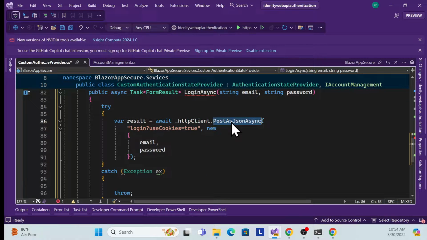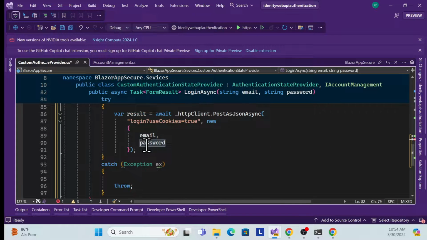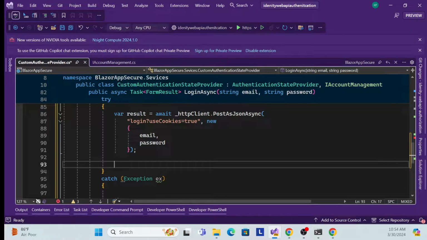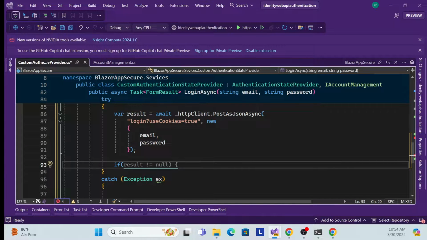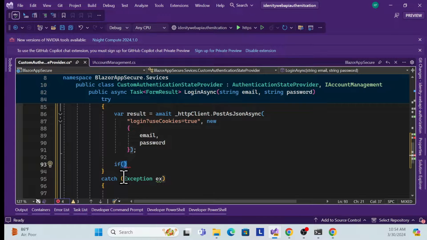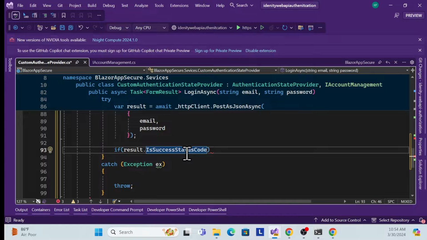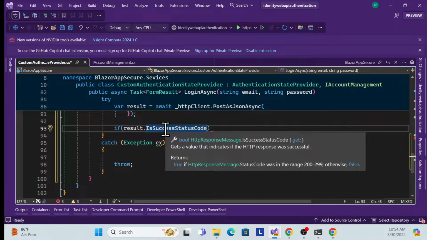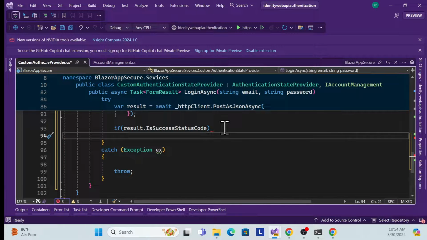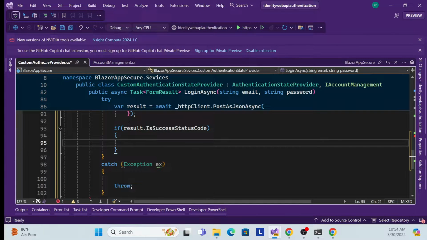So I simply call this one, pass it to this, and whatever information we have to pass as a parameter, I'm passing. I need to pass the email and password, so let me pass those and store the result over here. Once the result is stored, I simply have to check, right, whether that result succeeded or not. Let me check that. There is one property, since the return is an HTTP response, right? In the HTTP response we have the property which tells whether it succeeded or not. So if it succeeded, then I have to update our state provider,